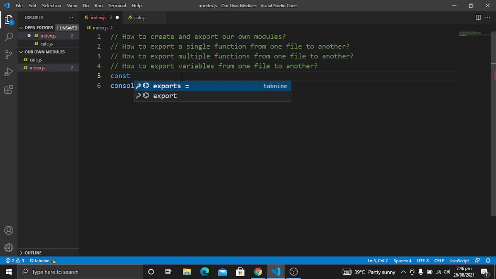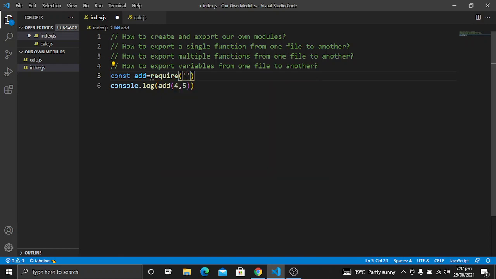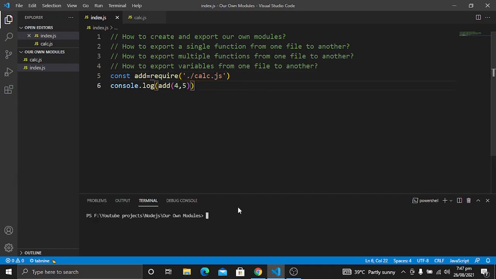So what I'll do is I will use add variable, and then we will use the similar term require to require it. Now in these strings we will give the path of that file. So for example, the path of that file is going to be ./calc.js.